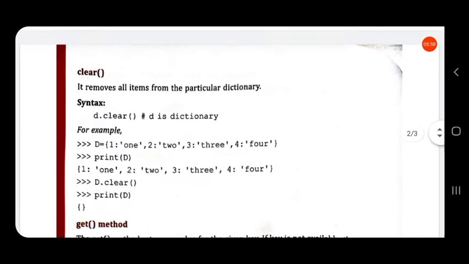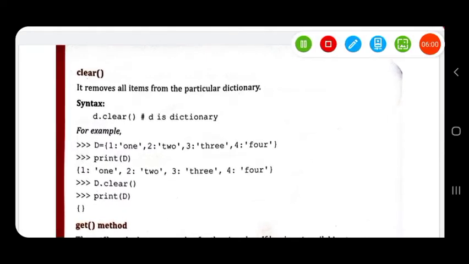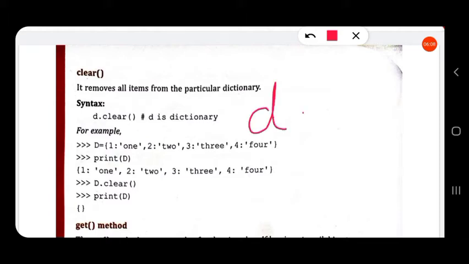But in the clear function the syntax is the name of the dictionary dot clear. Here the name of the dictionary is D and clear is the function.